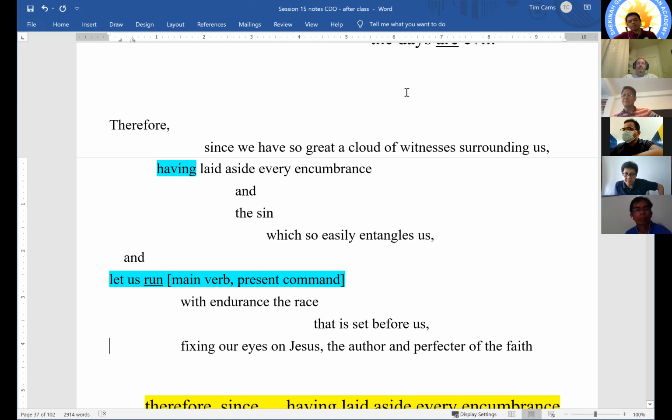The 2 tools that can help you the most are, 1, just understanding the English grammar well, so you can take a passage like this and you see the participle, you see the phrases, you're able to identify the main sentence, the main subject and verb. And then a Greek interlinear will help you confirm the verbs if they are participles or not. All right? But those are the 2 tools that would be most helpful. I mean, the 3rd tool would be go learn Greek, but that would take a little longer. So if we can just, for now,